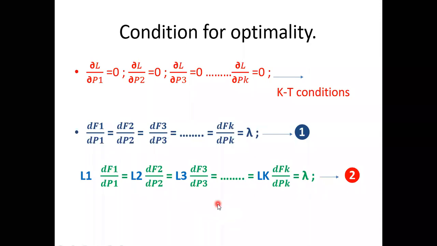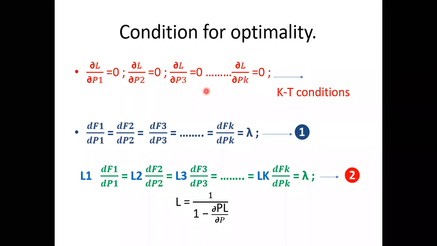And what is the value of the penalty factor? This is the formula for a penalty factor, given by 1 by 1 minus dou PL by dou P. So what is the meaning of dou PL by dou P? It is nothing but incremental power loss with respect to the power generation. A very, very important term. Dou PL by dou P represents incremental power loss with respect to the power generation. It means when we increase the power generation, how much power loss is going to happen. That is what dou PL by dou P represents. So these are the conditions for optimality when we are taking a thermal situation.